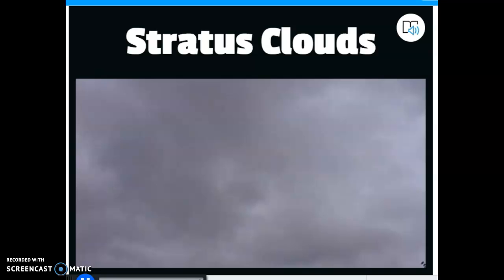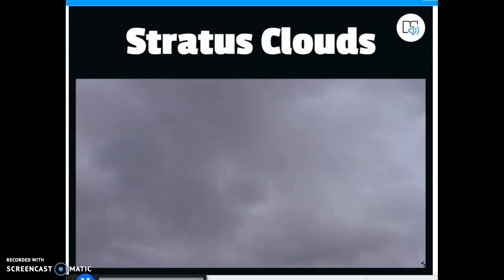And if you're looking at the word strato, it could be translated as blanket. I think the more formal translation is like to spread out, but it means to spread out and cover. Stratus clouds cover the entire sky. Now, I know for me, and we're going to talk about this probably on the next one or two slides, I'm sure. There are a lot of times that you read about stratus clouds, and people will say that stratus